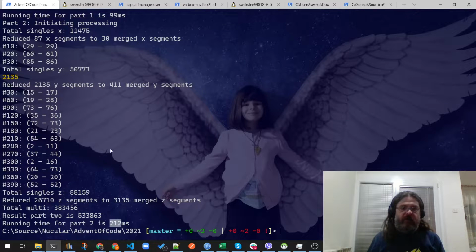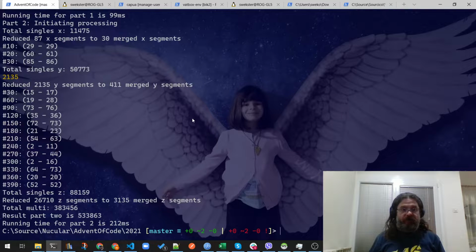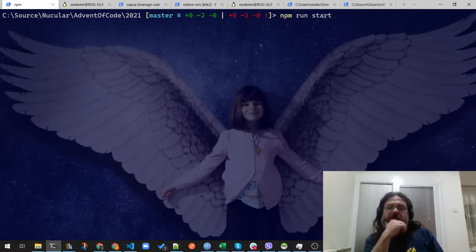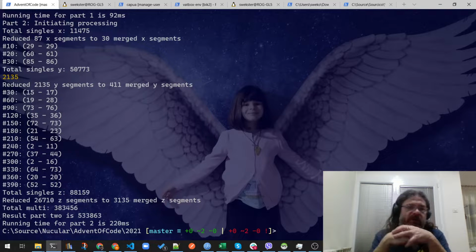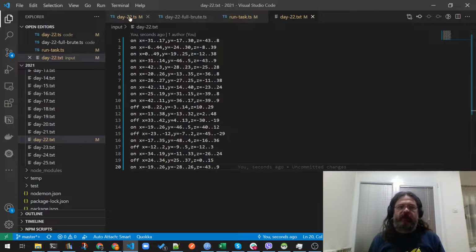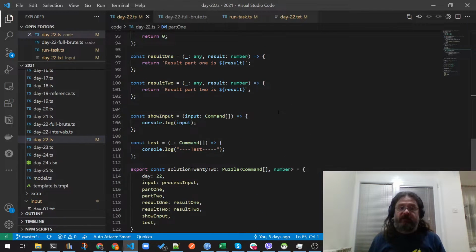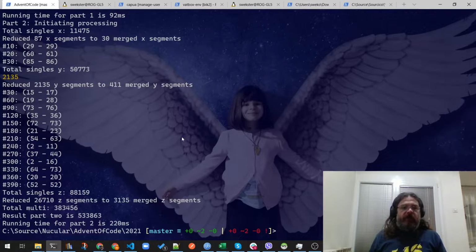This is 212 milliseconds. This is 9 milliseconds. Weird. But I guess all the console logs are maybe bothering it because I was testing, this is relatively faster. Never mind, we managed to solve